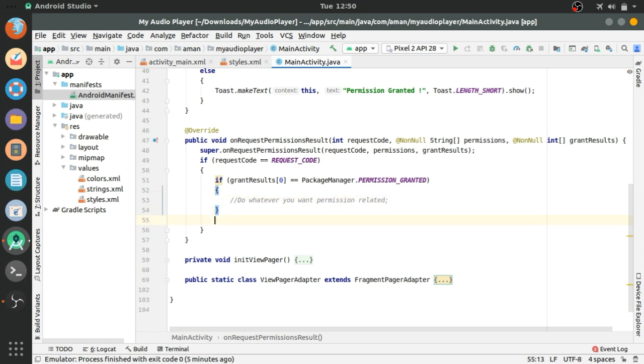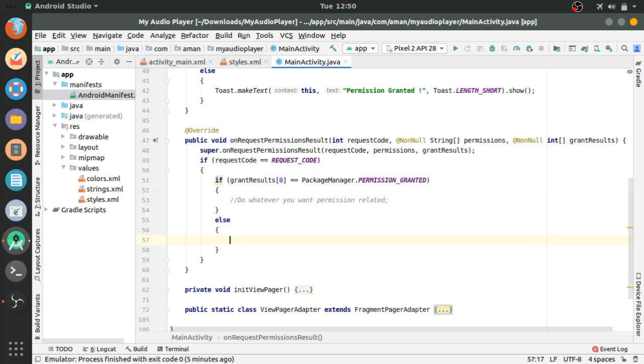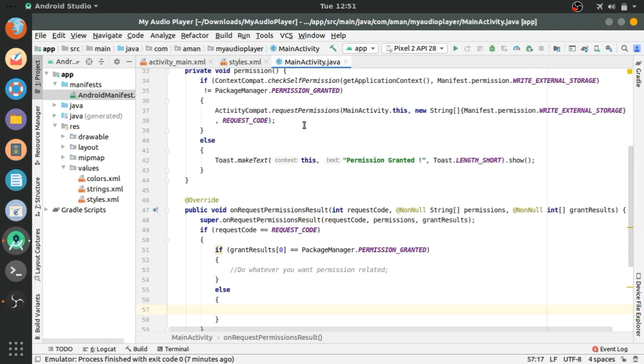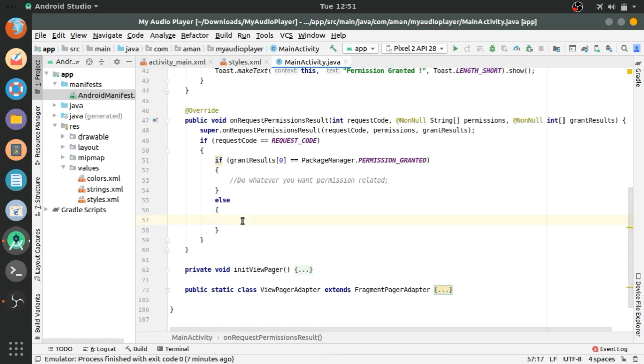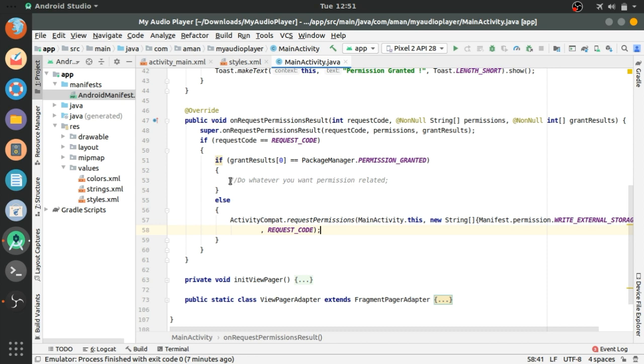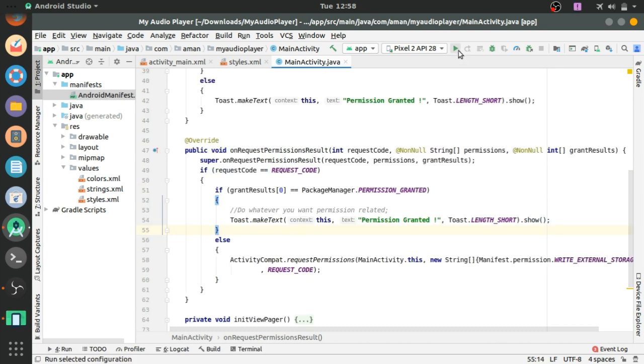If the user denies the permission, then we will again pop up the same request permission dialog. Copy the above code and paste it: ActivityCompat.requestPermissions.